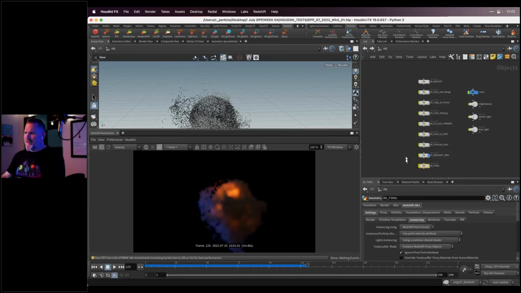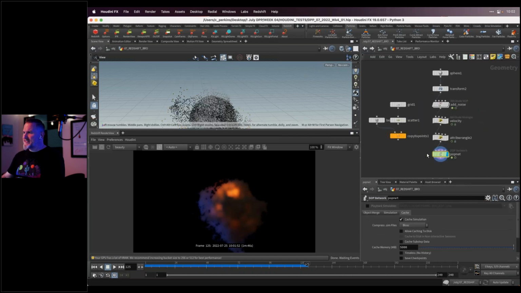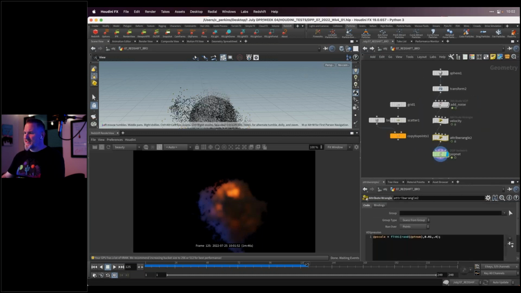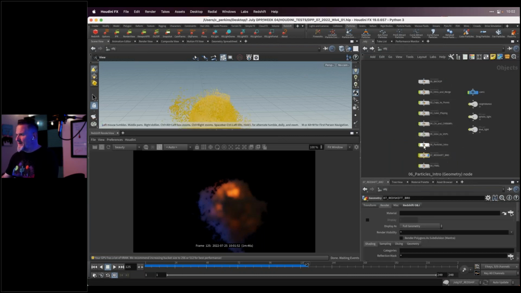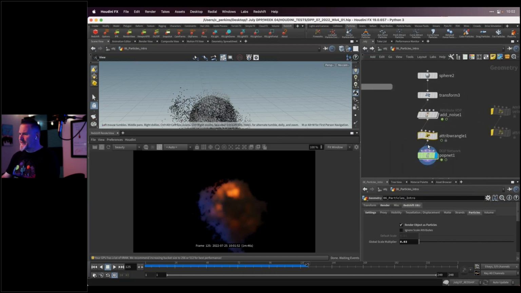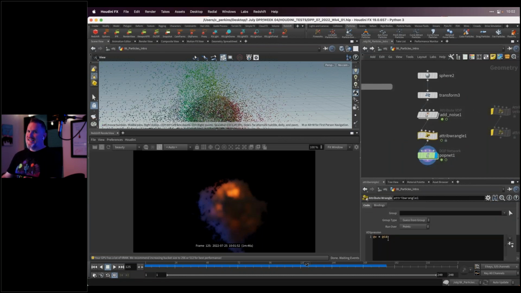In this example, we had a different expression that we didn't have time to get into. But this one, the velocity is just the color. So it's taking that, and everything that's related to velocity, all of the direction, is coming from the color information.